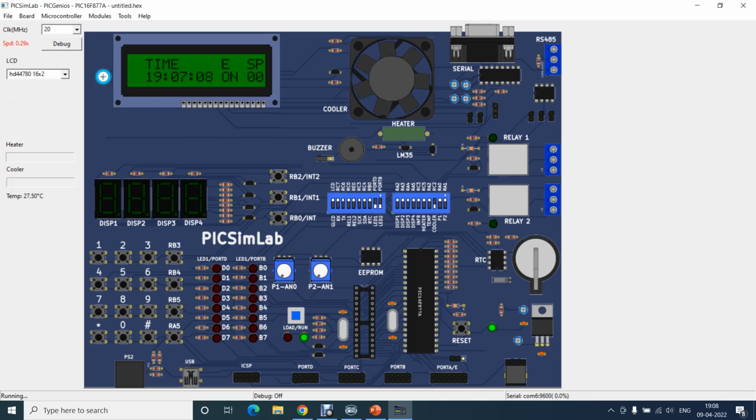As you see on the dashboard, it is displaying the current time, the event, and the speed, which is 0, which we can vary using the potentiometer from 0 to max 99. We can change the event, that is collision,